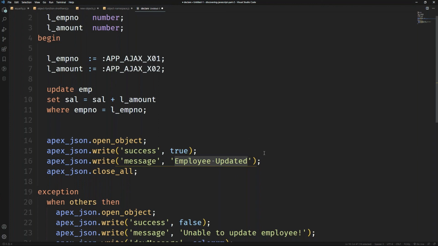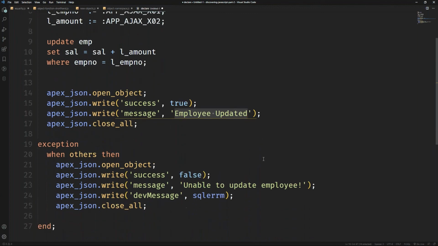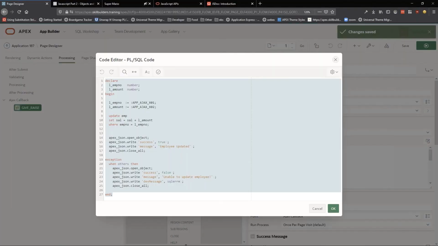And in the event something goes wrong and things don't work out as we expected, I'm going to return success as false to say, that wasn't quite okay. Some sort of, in this case, just generic message just to say that, hey, that didn't work like we wanted to or we had hoped. And then I'm going to also provide a dev message, or some message that we can actually see what happened. And knowing that this dev message is here now, what I can do is if I go back,